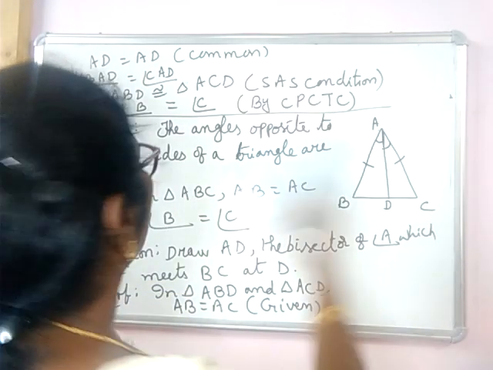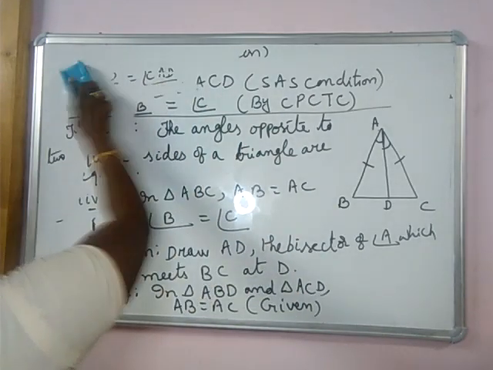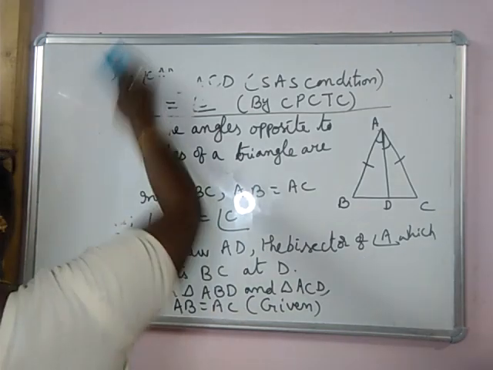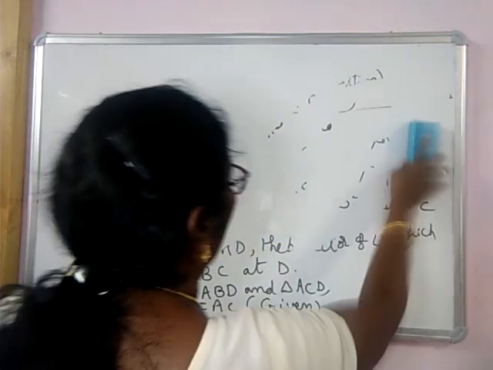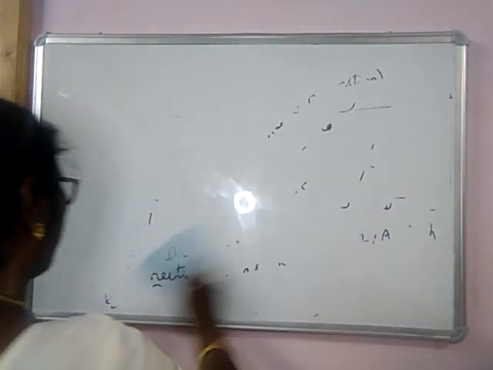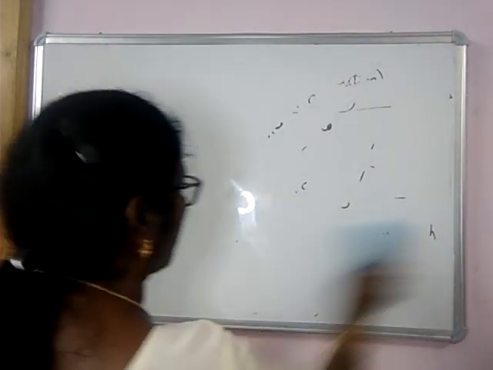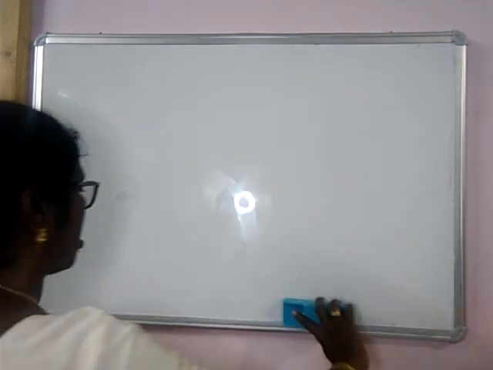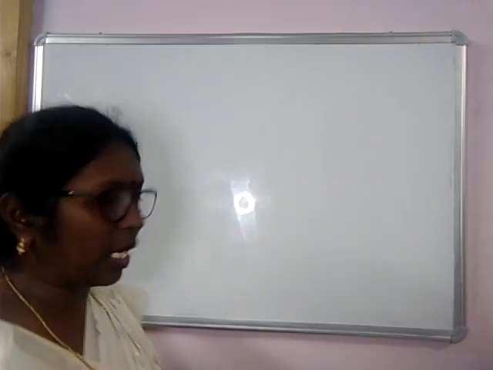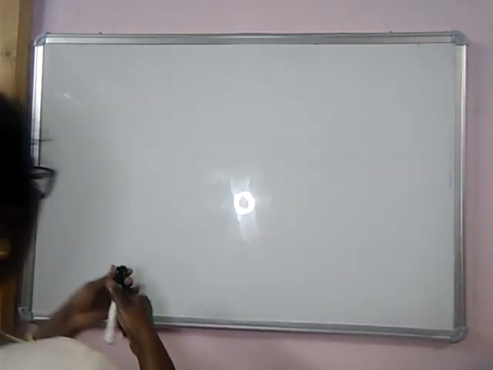And the converse of this theorem is, if two angles of a triangle are equal, their opposite sides are equal. That we have to prove. Converse means just the opposite of this. In this theorem, sides are equal given, their opposite angles are equal you proved, and the converse of that theorem is